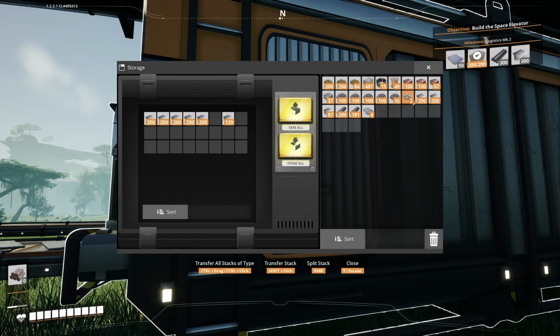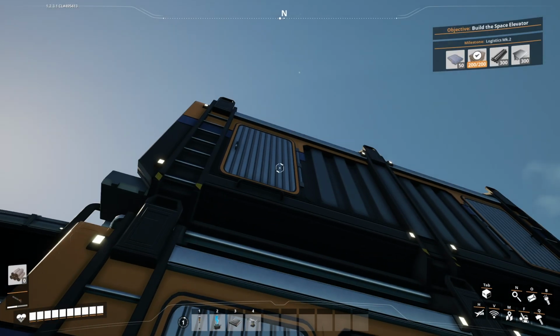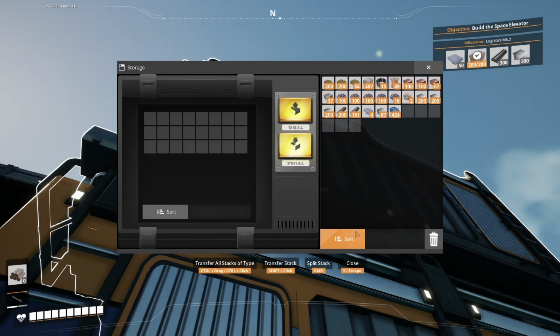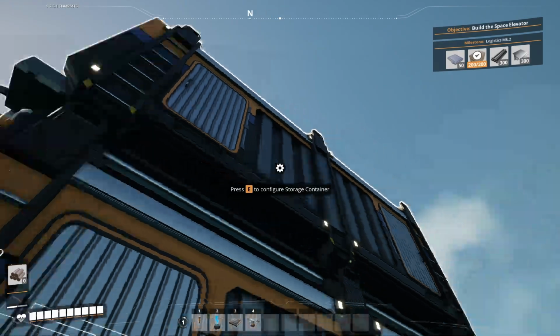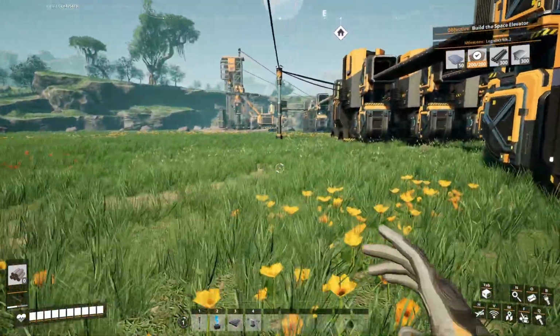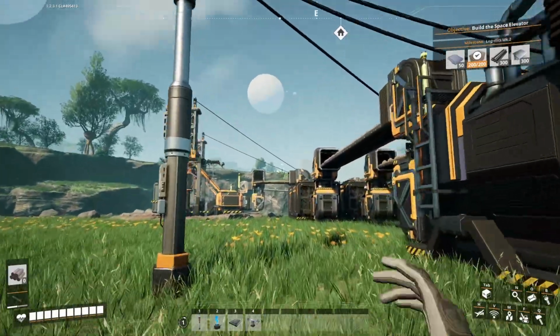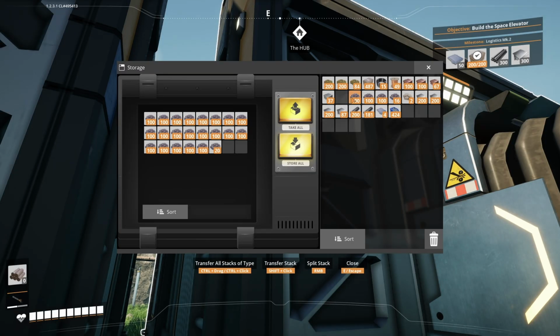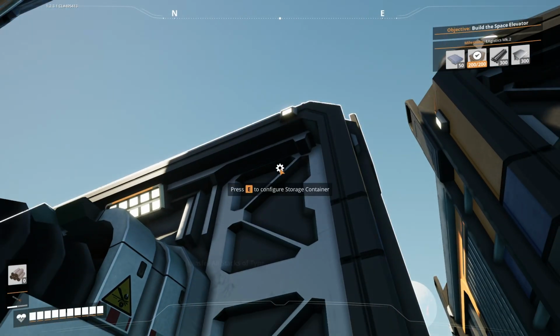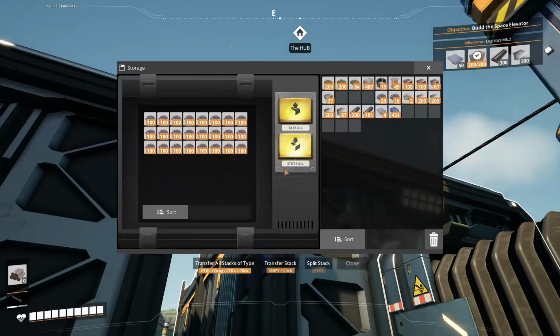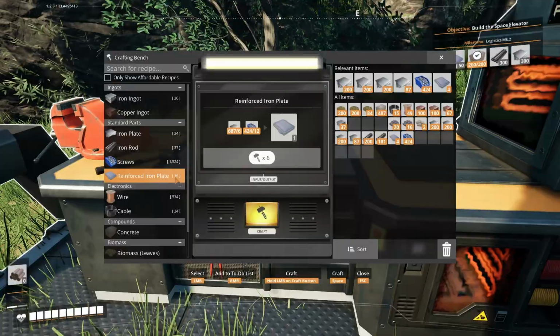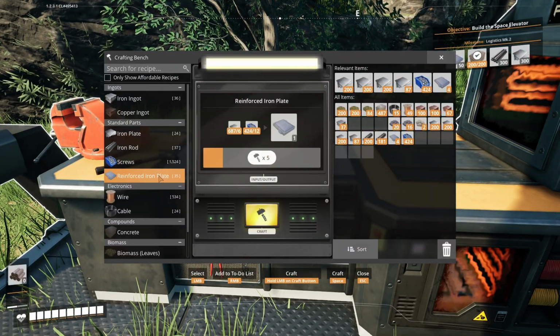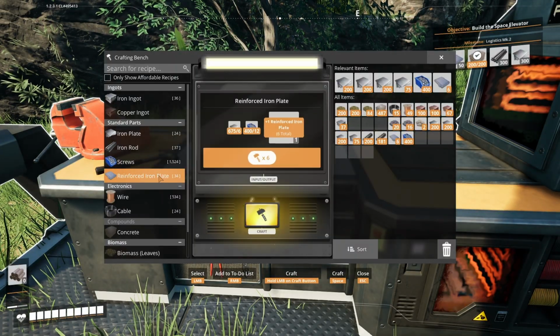So we have, those are reinforced iron plates. So let's grab some extra plates and grab our screws. I am carrying a ton of iron ore because I picked up a bunch of it when I was rearranging these conveyor belts. So let's store that away where I can and free up some inventory space. Let's throw together some reinforced plates. Actually,